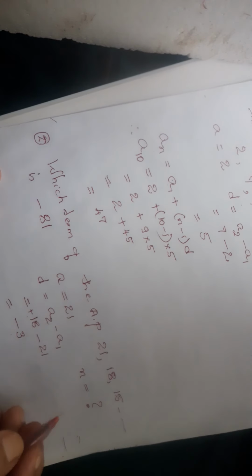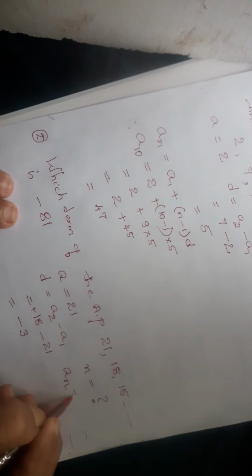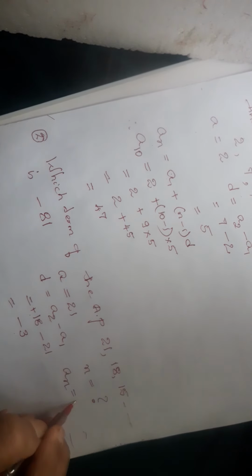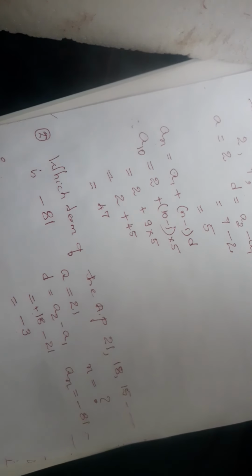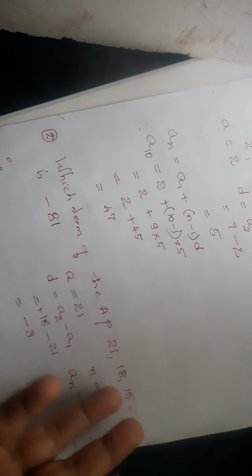Then what is this minus 81? Minus 81 is our AN. AN's value is given to you. Minus 81. AN is minus 81. Okay. Now we have to find the sum. Do the sum now. See, I have written down everything. Whatever I wanted, I found there. D I wanted, I could find there.